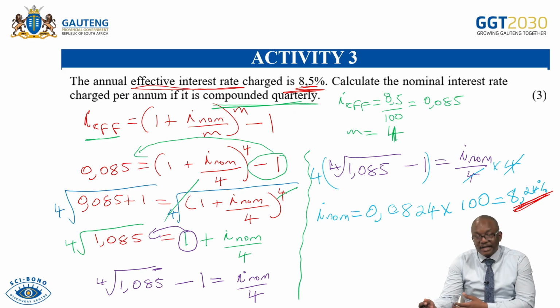Those are the things that you have to bear in mind as you are calculating this. But remember, the method is the same. You must know when to transpose, know where to apply the root sign, know where to multiply. So it's just basic